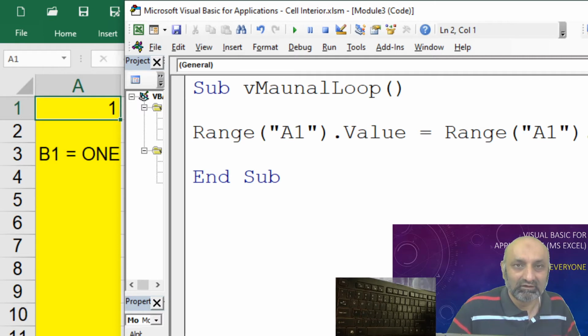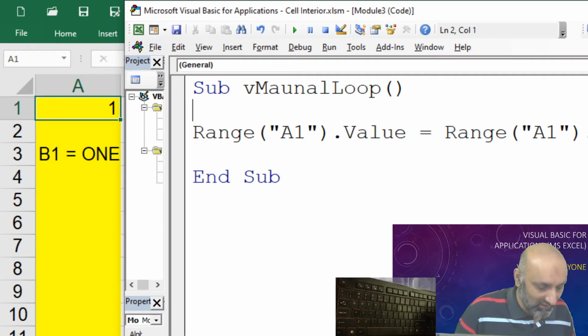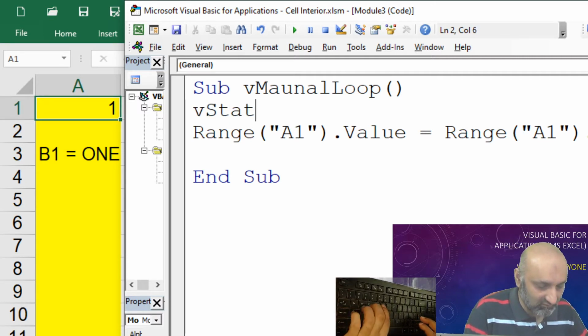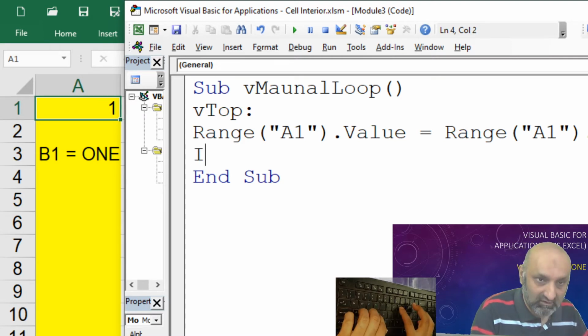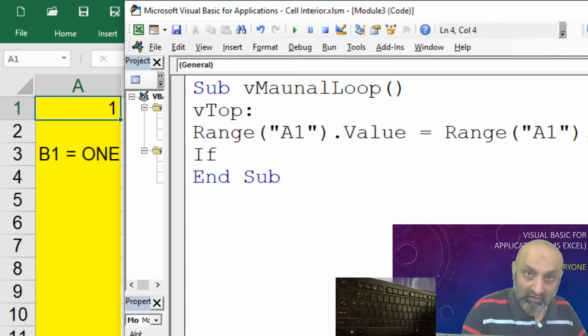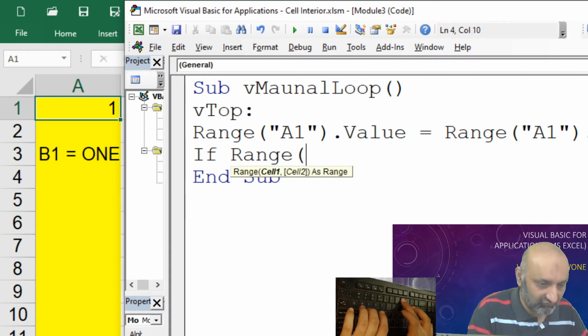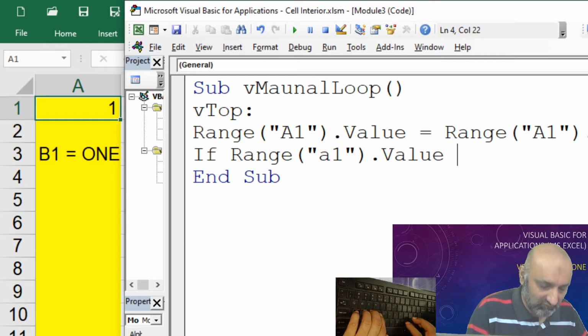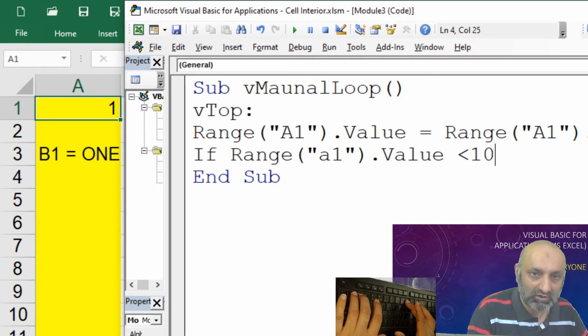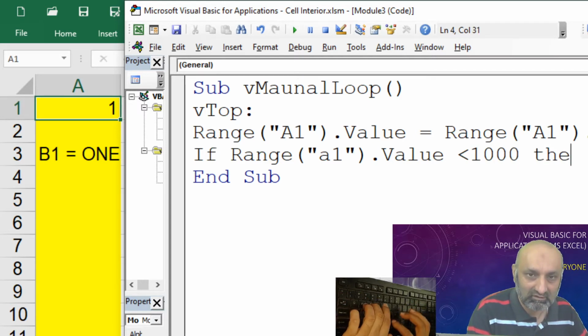And let's label this line as start, or we can say top, vtop. And then let's say our logical test: if range a1 dot value is less than 1000, then go to the top.